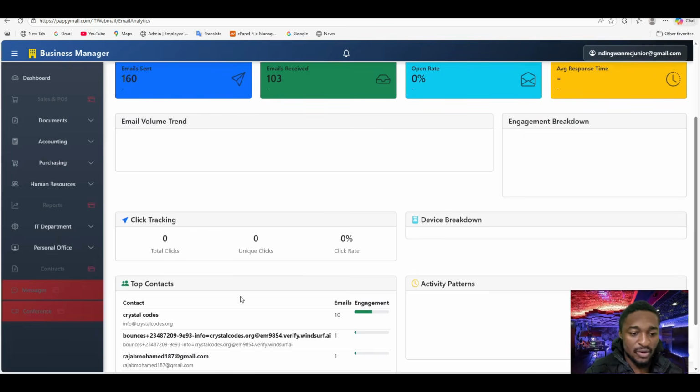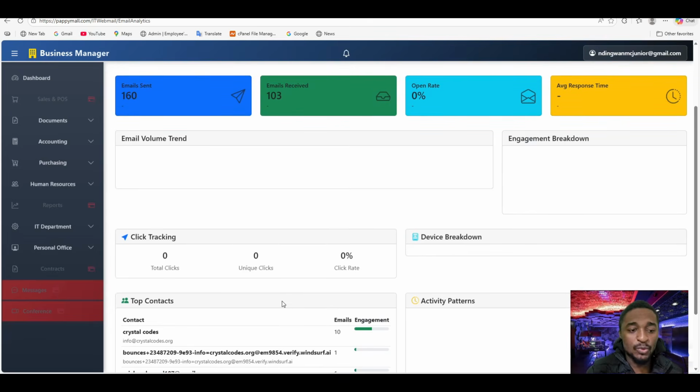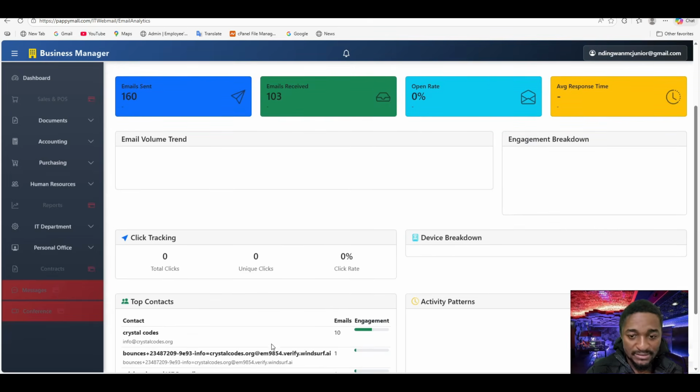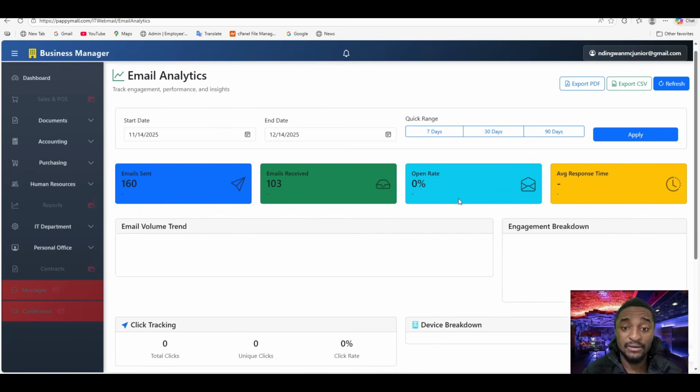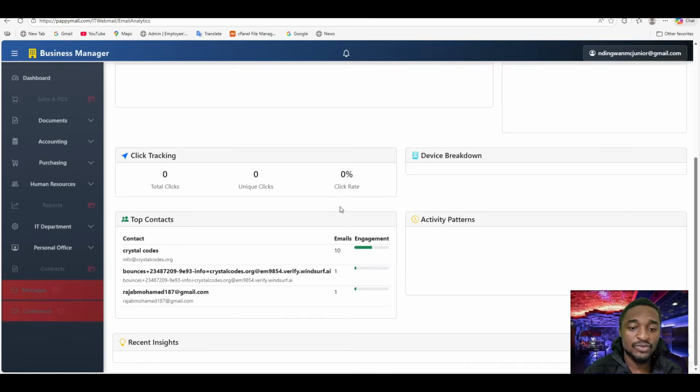So all of this is mostly related to push notifications, the bounce rates, and all of that, right? So you could analyze everything. You could export as PDFs, CSV files, and all of that. So let us move to